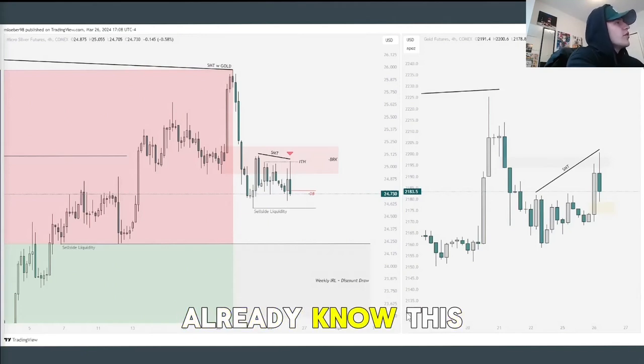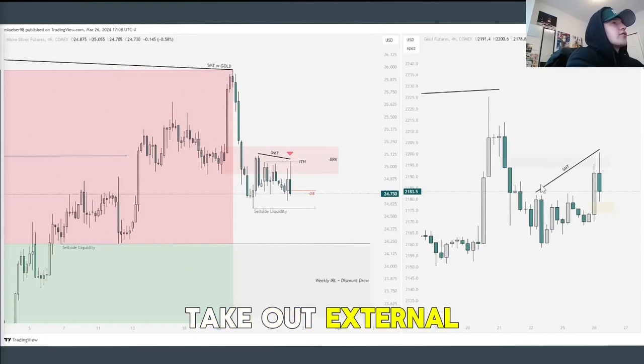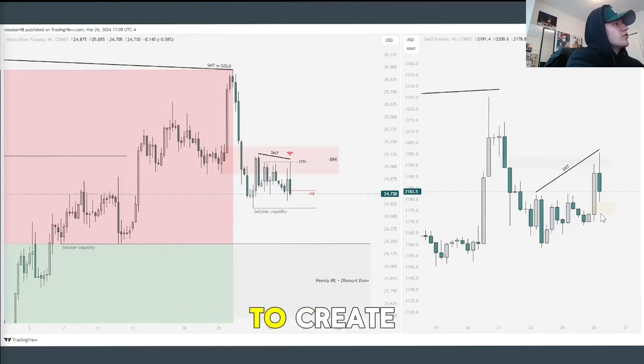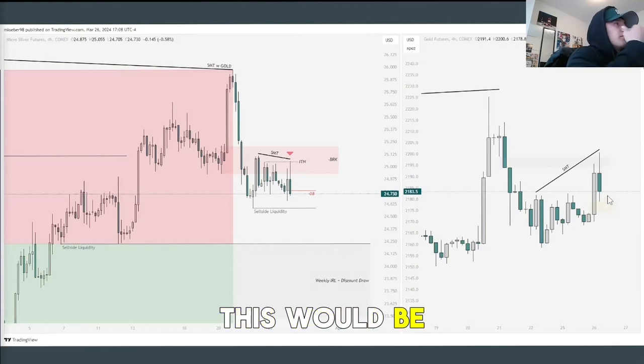And you guys already know this, when price takes out external range liquidity, just like it did here, took out external range high, high here, and a high here. What do you do after you take out external range? You retrace into an internal range liquidity pool. So seeing how gold was able to create a 4-hour internal range gap here, this would be my confirmation and